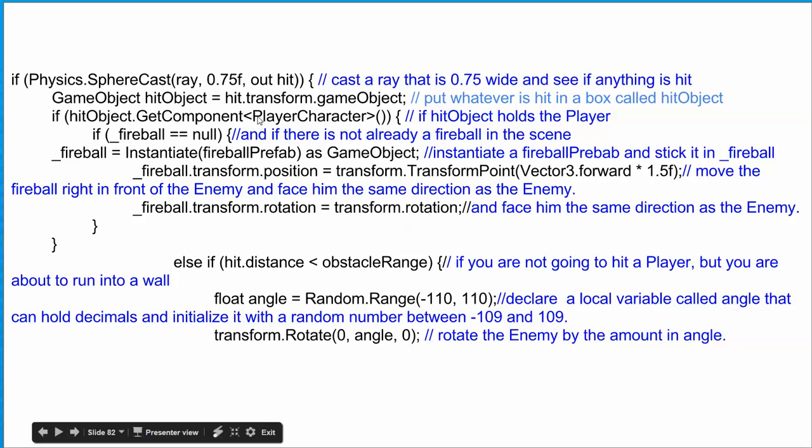So if it hits the player, it grabs this script called player character, and we're going to tell it, hey, we're going to damage you. You just got hit by my fireball. Oh wait, not yet, I jumped ahead. But at any rate, the only way that the hit object is going to have this player character is if it's a player. So if you just hit the player,